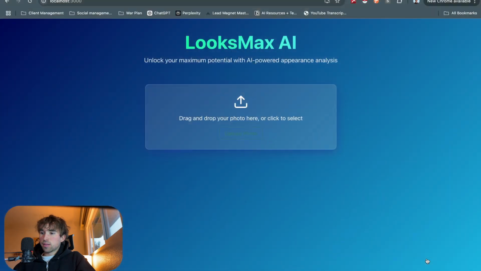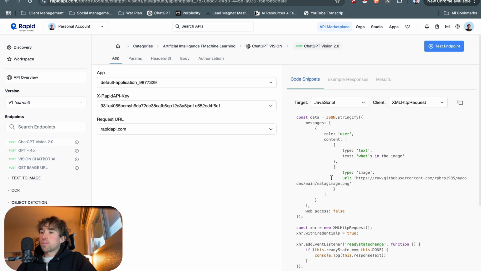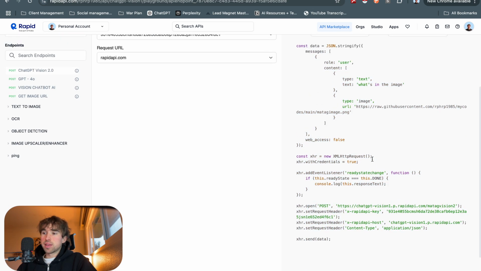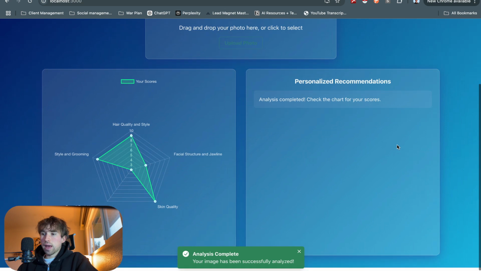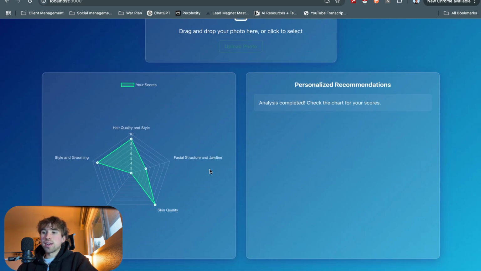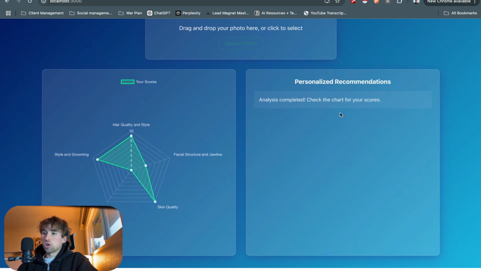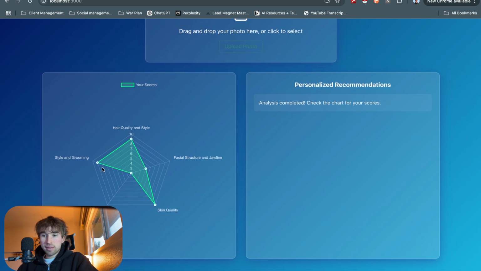Let's see. So since it was still not processing the image correctly, what I did here is I went back to Rapid API, and for the target, I did a JavaScript request right here. So then I just took this whole piece of code, gave it to our Windsurf AI, and just said, here's an example of a request, try to mimic this. And look at that. Okay, so we have our image analysis right here. Check the chart for your scores. So there's no charts, but